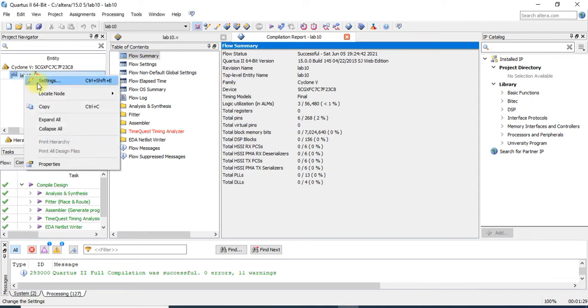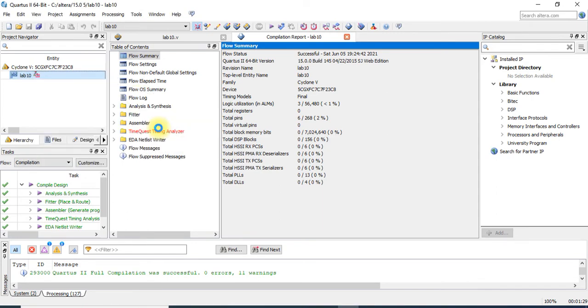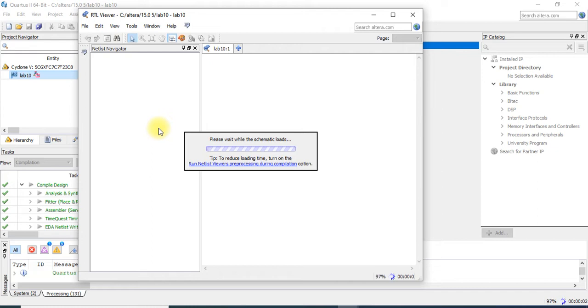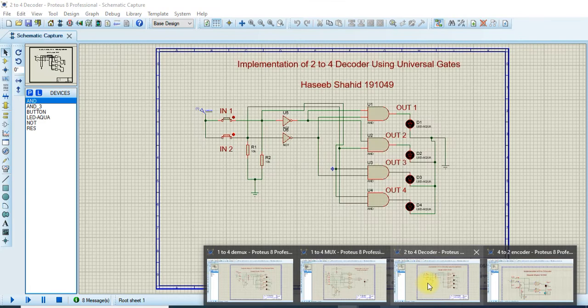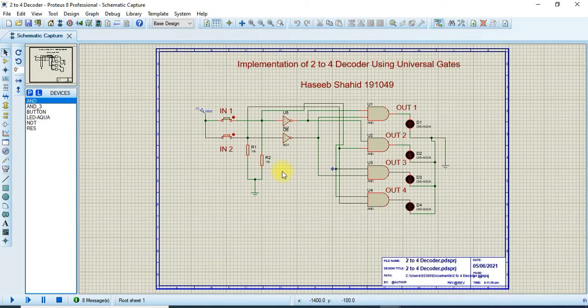Our next step is to locate it in the RTL viewer and see how our circuit really looks. This is the circuit that we have used, and it resembles the circuit that we already made in Proteus for the 2 to 4 decoder.